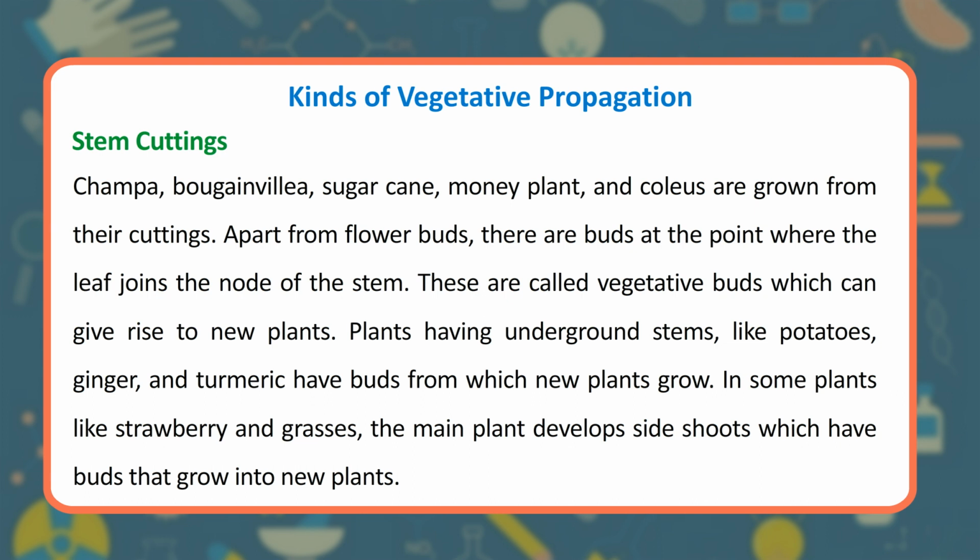Apart from flower buds, there are buds at the point where the leaf joins the node of the stem. These are called vegetative buds, which can give rise to new plants. Plants having underground stems, like potatoes, ginger, and turmeric, have buds from which new plants grow. In some plants like strawberry and grasses, the main plant develops side shoots which have buds that grow into new